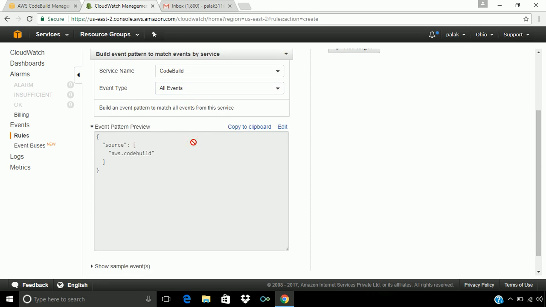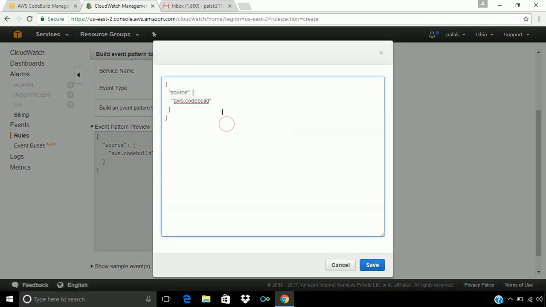Now to make it specific to a particular project, let's edit this event pattern preview and add the detail like this. Here in detail we will add one parameter, that is build status. We want the notification when the build status is in progress, succeeded, failed and stopped, and the project name we will modify and put our project, that is Node.js demo build project.